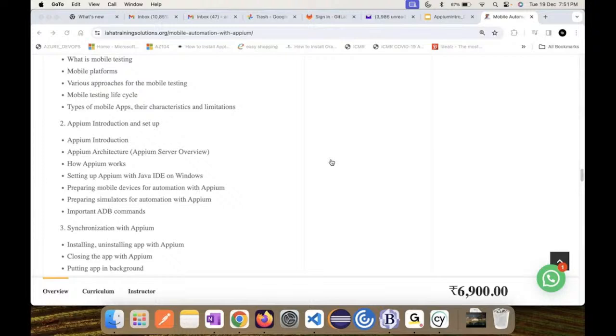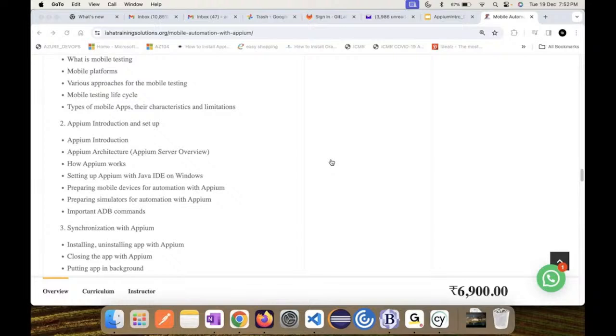A simulator, and a real device is also available. A real device we can also connect, but I couldn't show it to you because I don't do mirroring, but I can still show you whether my device is connected or not. Similar to iOS and Android, both will be shown to you, and listing the devices will also be shown to you.